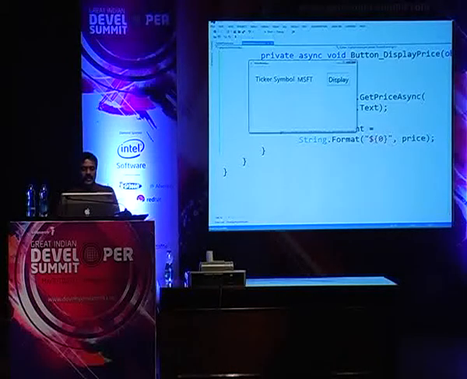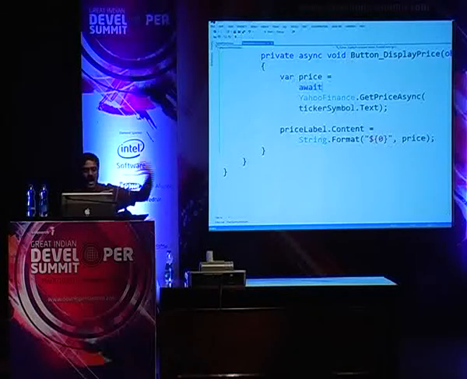As you can see, the first time I click on it, it takes 2 seconds. The second time I click on it, it doesn't take 2 seconds at all, because we cached it. Of course, if I change the name to Google, for example, and click on it, you're paying the 2-second price. Now you click on it, you're not paying the price because it's cached. So you can see how that's optimized, and that's what the await does.